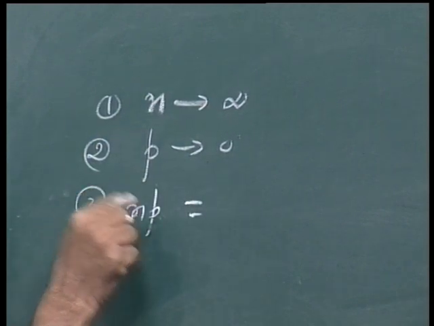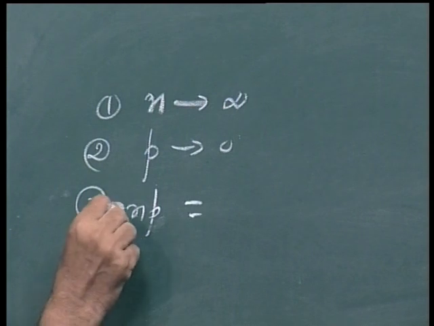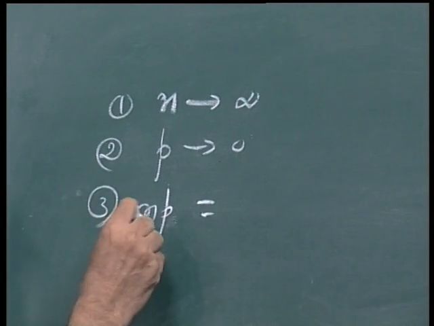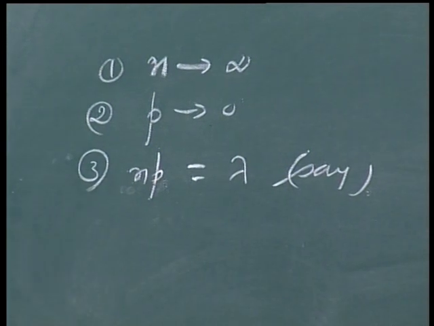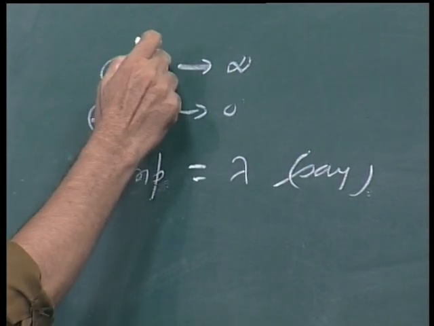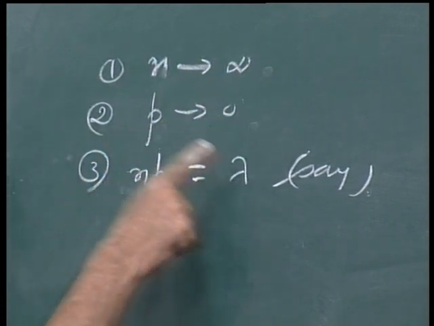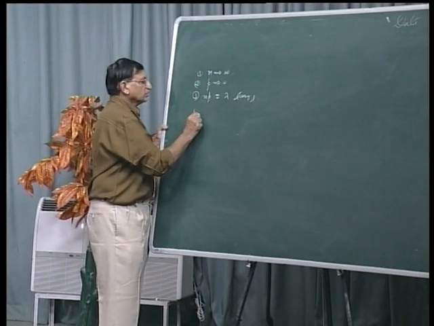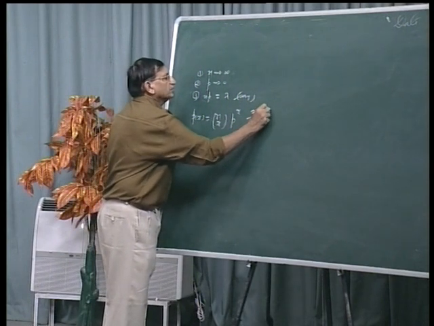Anything into 0 is 0, anything into infinity is infinity, but here infinity into 0 is undefined. But then also we assume that np is equal to lambda, which is a fixed, definite quantity. So under these three conditions, when n tends to infinity, p tends to 0, and np is equal to lambda, then Poisson proved that the binomial distribution whose probability function is nCx p raised to x q raised to n minus x